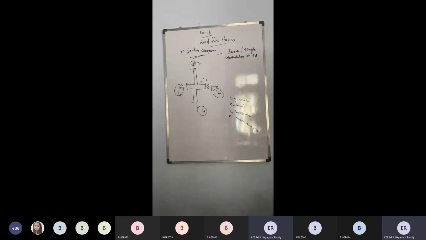Now, you see, this is a point in an electrical circuit. What do you mean by a node in an electrical circuit? It is just a point in a circuit where two or more elements are connected. So in a similar way, this is a node. If we consider this as an electrical circuit, this is a node where a load and 2 transmission lines are connected.